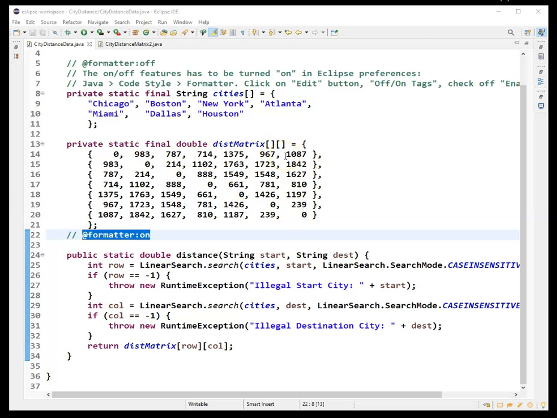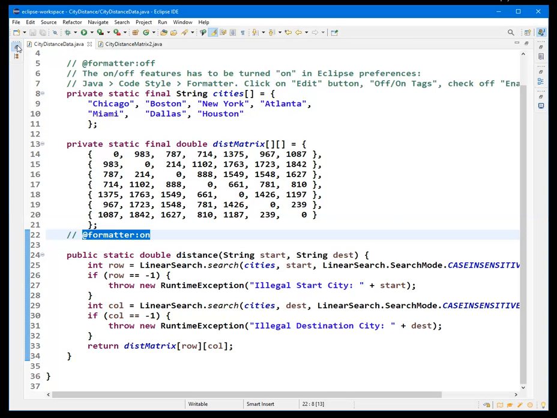Can we come up with a way to store these numbers? Look at this, 983, 983, 787, 787. It's a mirror image, flipped along the major diagonal. So what you want to do is think about how can we get rid of this duplication? So let's continue with it, and this will require a little bit of thought on your part, but I'm going